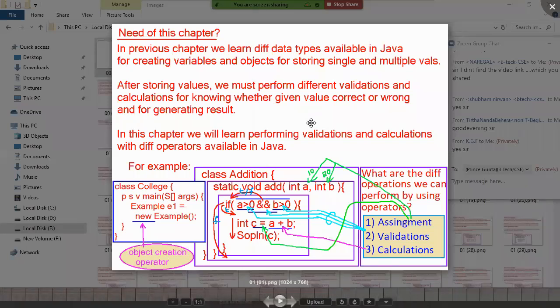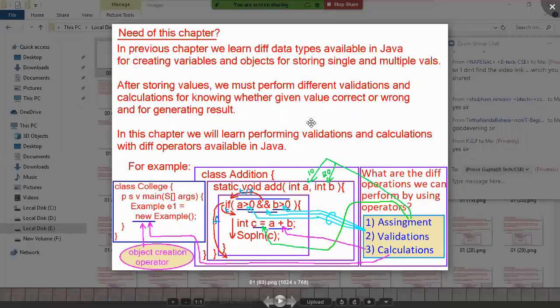All right, catching my point. Now, the new keyword's operation is also a kind of calculation. In the background, it is doing some calculation, creating the object, returning the reference, and storing the reference in the E1 variable, right? So new is also an operator, the object creation operator.